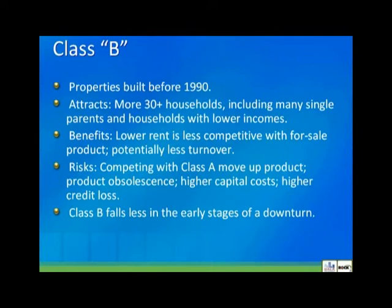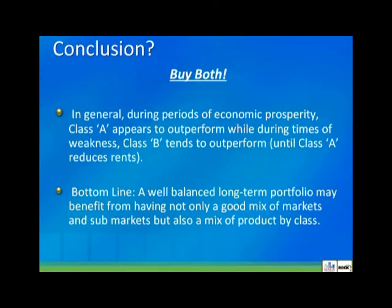So really what I'm saying is that if you look at it historically, Class A product has more volatility, but it can move up faster. It can also move down faster. Class B typically tends to fall less, especially in the early stages of the downturn. So from that, you say, well, what's the strategy? Well, maybe you buy both, right? In general, during periods of economic prosperity, Class A will outperform Class B, but during times of weakness, Class B will tend to